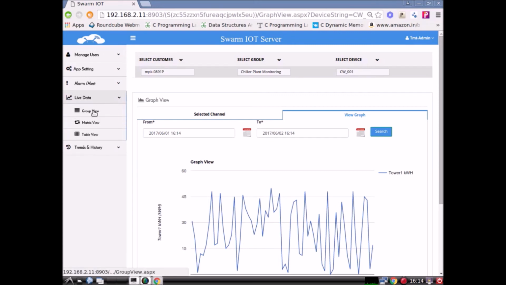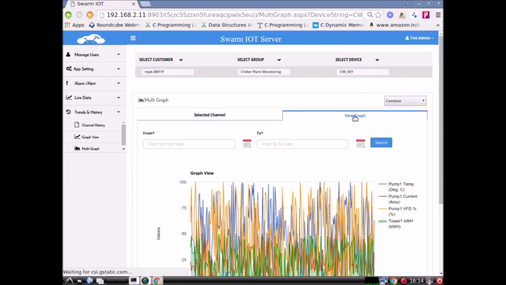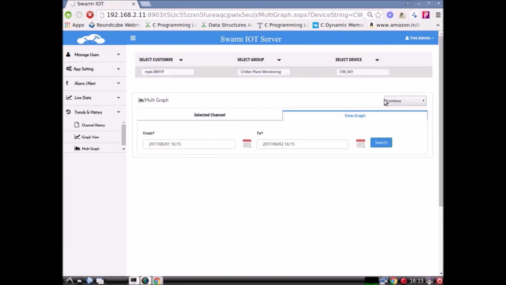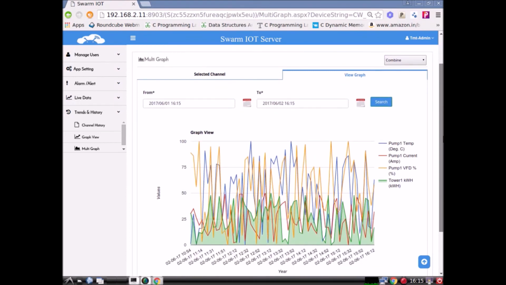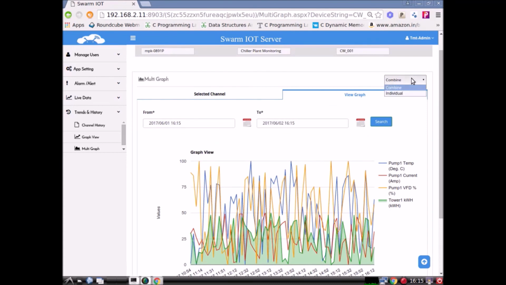Again, moving towards the group view, after clicking on multigraph option, multigraph matrix view will get displayed. There are two options, combine and individual. After selecting combine and selecting 2 to 4 graphs and clicking on the view graph tab, we'll get the combined graph version of the 4 selected items as shown in the video, which consists of pump 1 temp, pump 1 current, pump 1 VFD, tower 1 kWh with respective date.